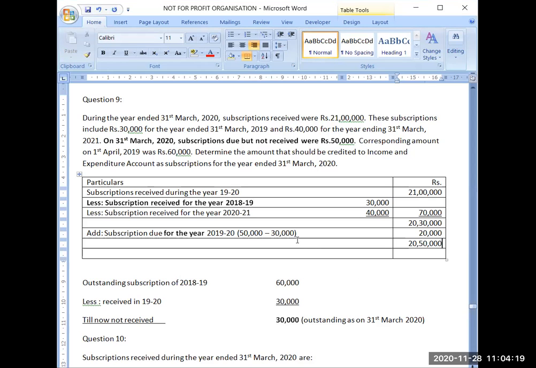So I have subtracted this 30,000 from the 50,000, which was total amount outstanding due. So current year outstanding will be 20,000 only. And that I will add, and I will find out the income, which should be going to the income and expenditure account. And we will write it subscription